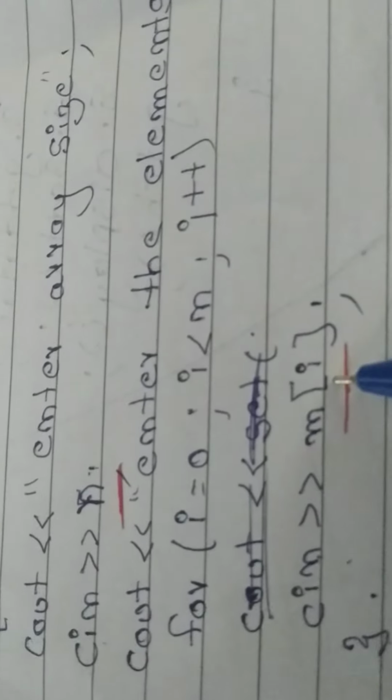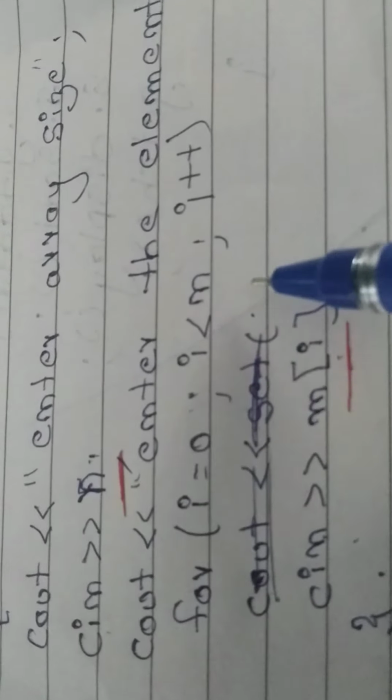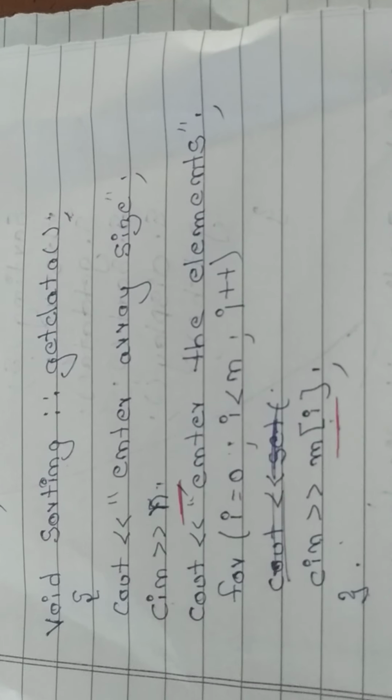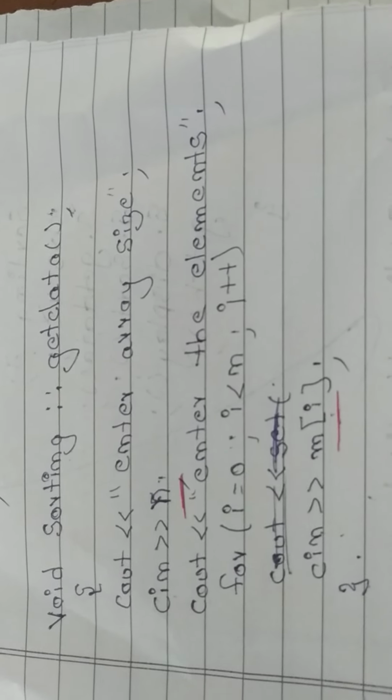See, cout m of i, whereas in the first function we wrote cin m of i. Cin means many elements we are taking inside, whereas here many elements we are displaying outside. That is the difference. Okay. It is very easy. By not practicing, don't make it complicated. I'll just take a screenshot of the things. So write down till here. You can take it as the first screenshot. So next one, get data of, you take it as the second screenshot. Now